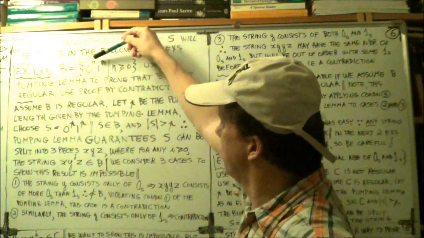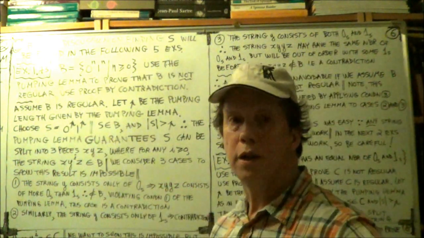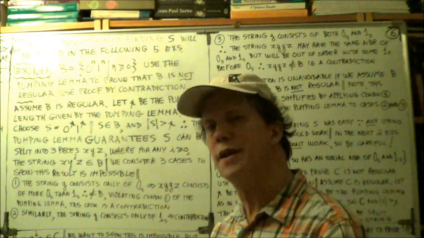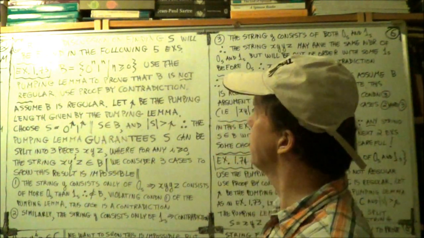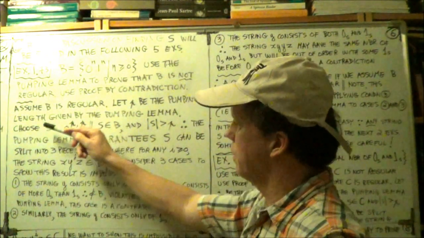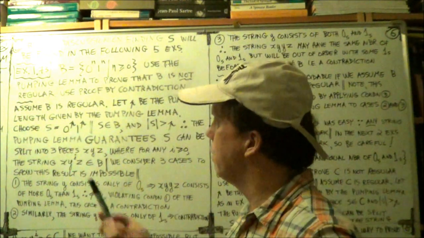So we're choosing for the end here. We're choosing the value p, little p, and what's p? Well, it's the pumping length, as in the pumping lemma. So we're letting n be p, and from this assumption we will deduce a contradiction, and therefore we have